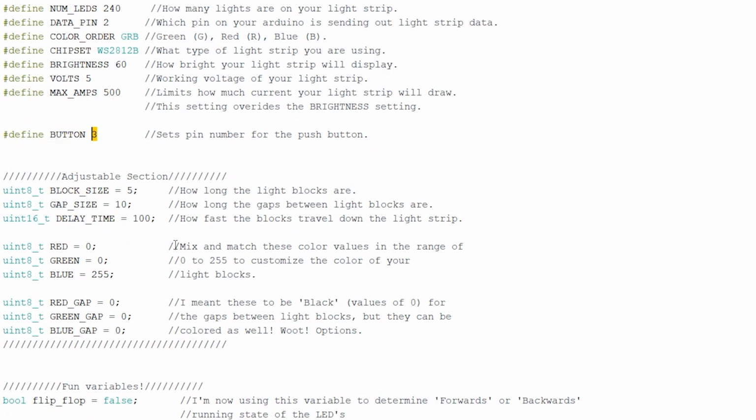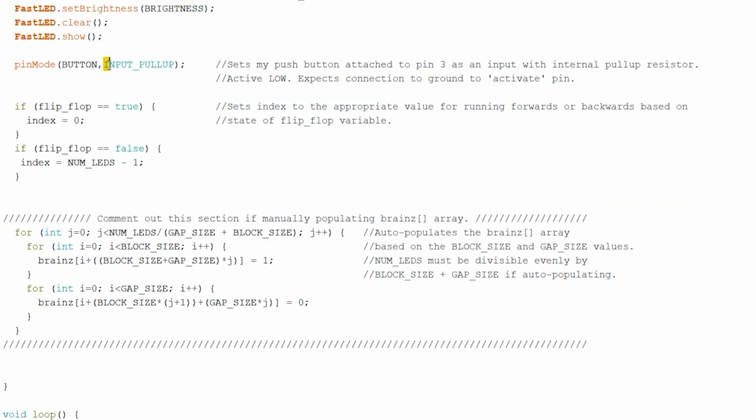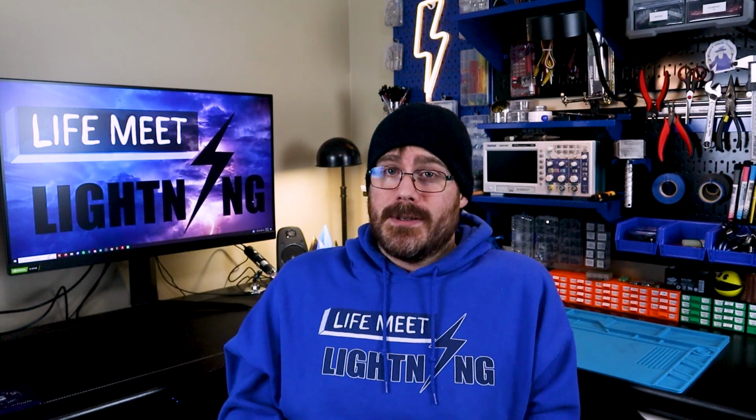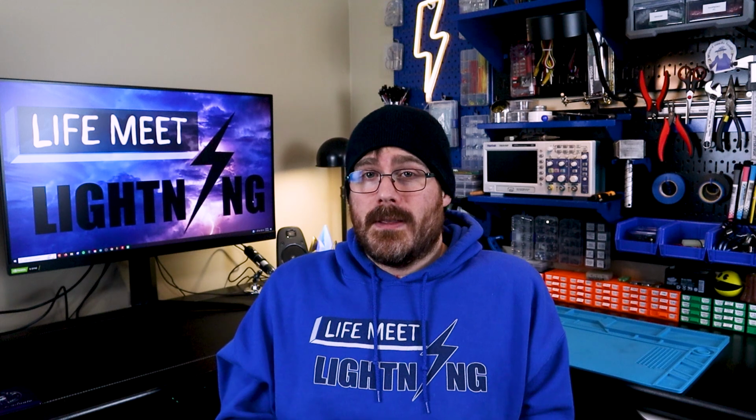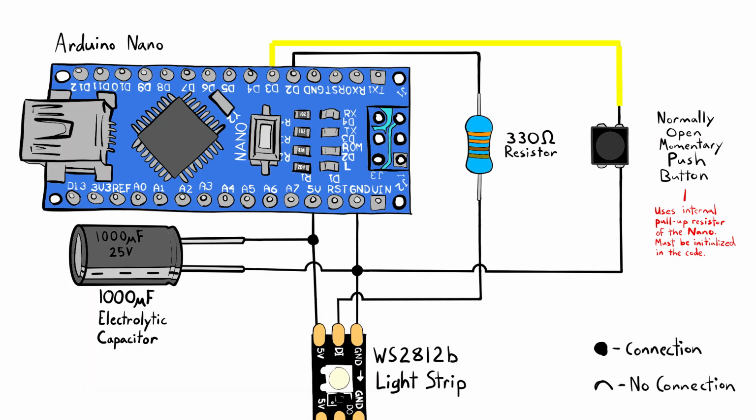If you didn't know, the pins on an Arduino can be either inputs or outputs depending on how you set it up with the pinMode instruction. The input pull-up you see here is setting it as an input and telling it to use its internal pull-up resistor. Pull-up and pull-down resistors, without getting too into it, basically just ensure that the button stays in a stable voltage state and they don't false trigger. A pull-up resistor pulls the voltage at the pin up to a stable 5-volt state, so to trigger the pin, it needs to connect to 0 volts, which is how the button is set up in my case. If you don't use the internal pull-up resistor, you need to add that externally for your button to work reliably.